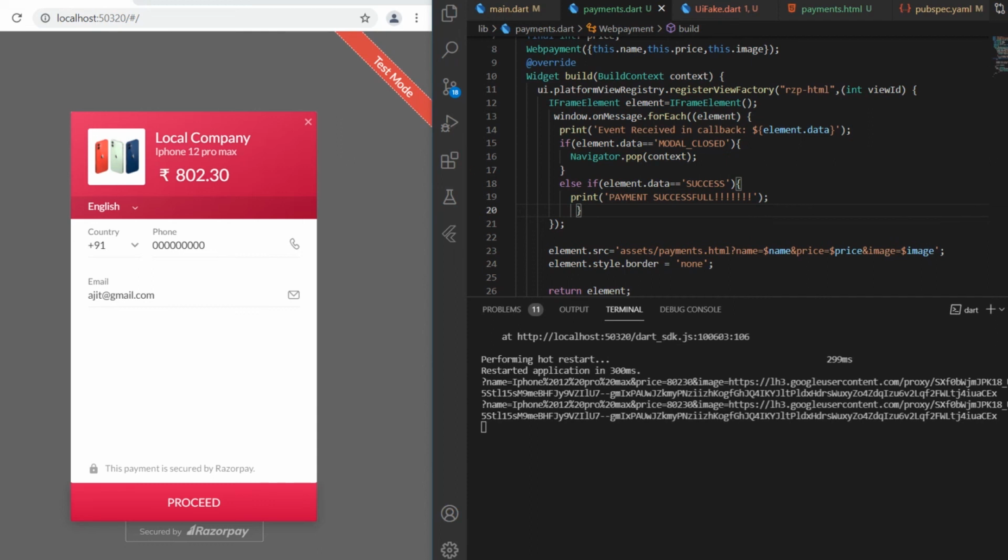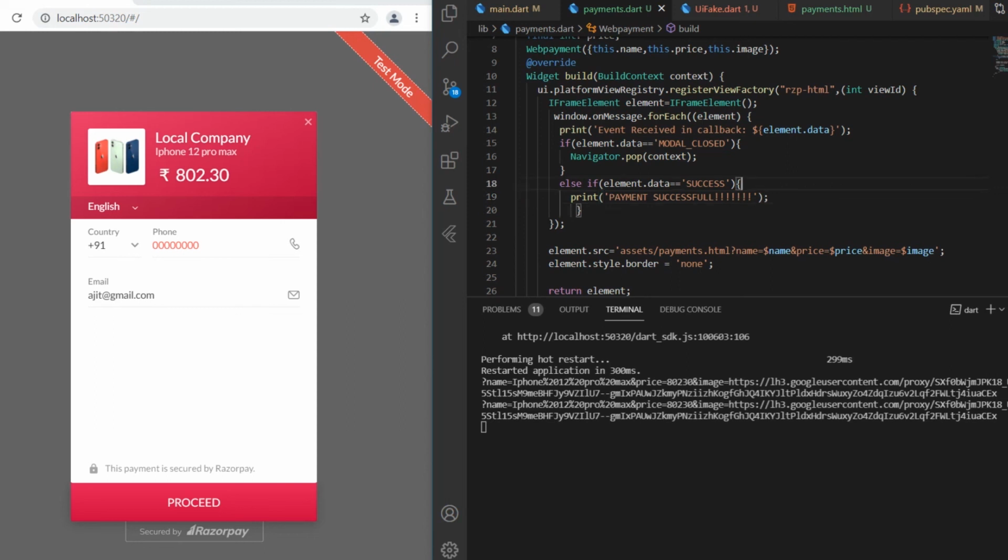Okay, so we will proceed with the payment. It's saying that this is not a right phone number and all those things. For the payment success, here is payment successful.